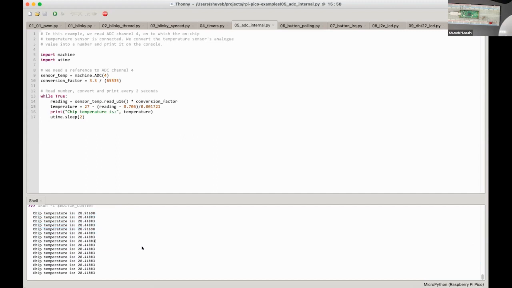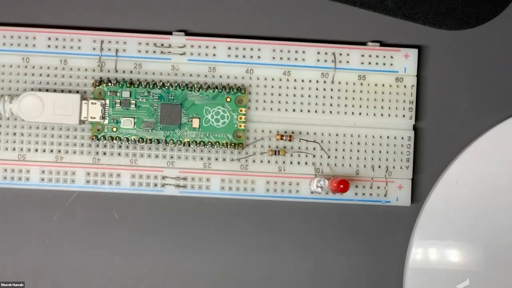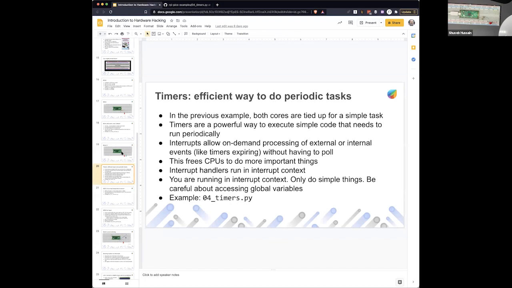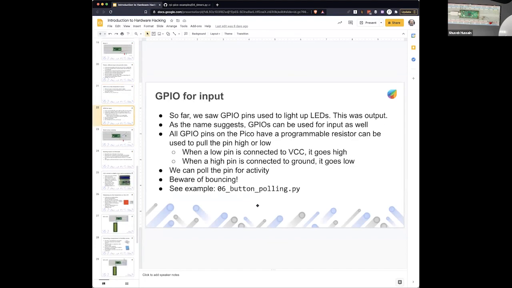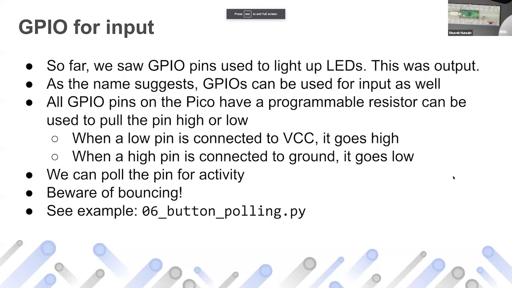Now let's see something more interesting. Let me stop sharing and start sharing my presentation again. Okay, now let's come to this. This is very interesting. You saw that we could use GPIO for output because we wanted to glow an LED.